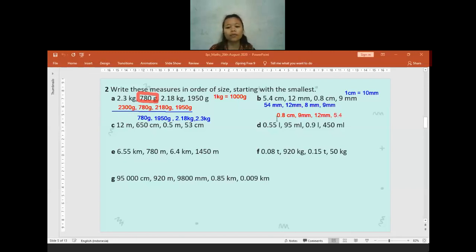Is there anyone who gets confused, or am I going too fast? Is there anyone who has any confusion? No? Okay, we only have about 1 minute left. I don't think it will be enough to discuss the next number. So for the homework, just try to finish all the numbers in question 2 in exercise 3.2. So tomorrow we can directly discuss the answers. Okay, I think that's all for today's class. Good morning and thank you, students. Teacher.